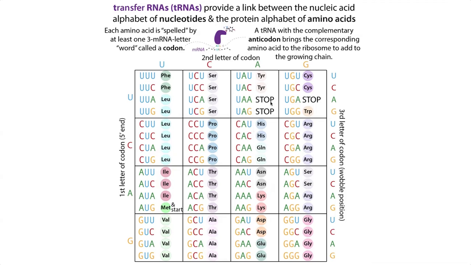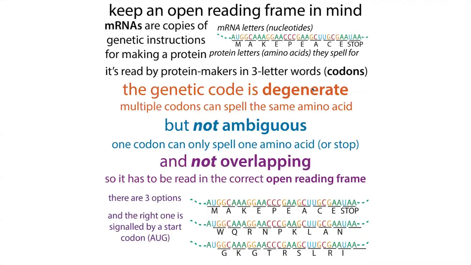Some of those are stop signs, but most of them are coding for amino acids. That'd be a lot of tRNAs. And so let's consolidate. Let's have multiple codons spell for the same amino acid. And then let's be lazy and let's have the same tRNA be able to recognize multiple of those. So some amino acids will have multiple tRNAs that bring amino acids for them, and some recognize one codon and